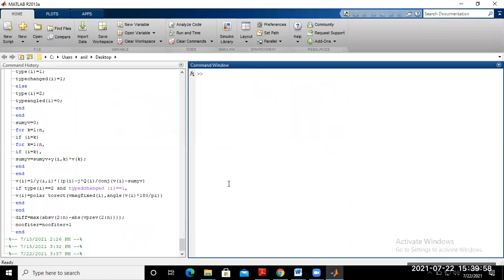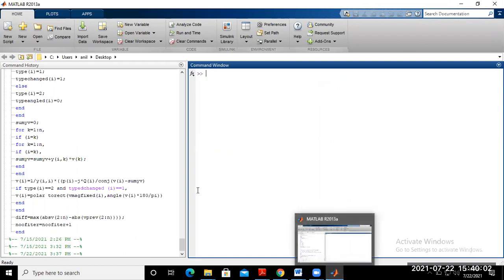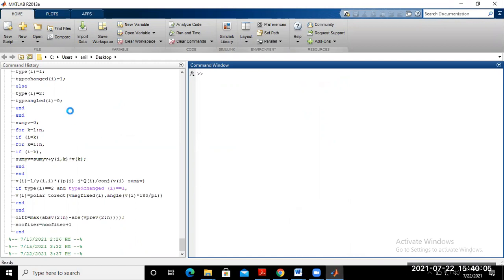Okay, so it is creating your workspace. It takes some time. So create this new workspace. Some time it takes here. It's too slow, taking a lot of time for this.